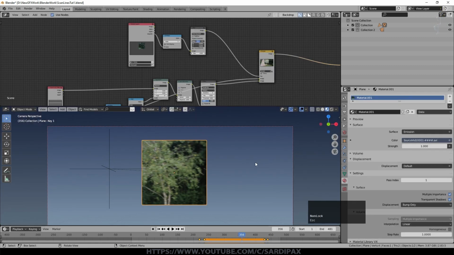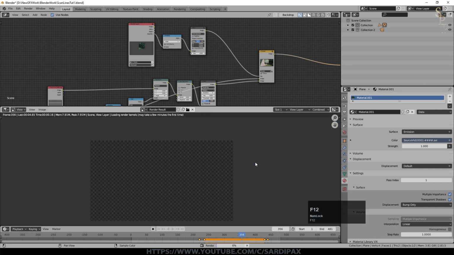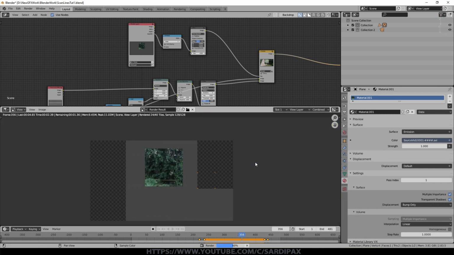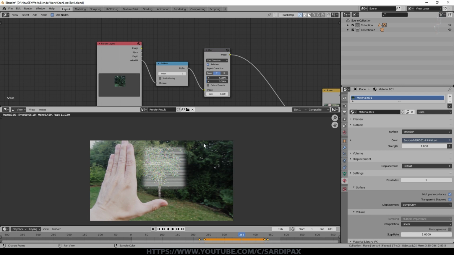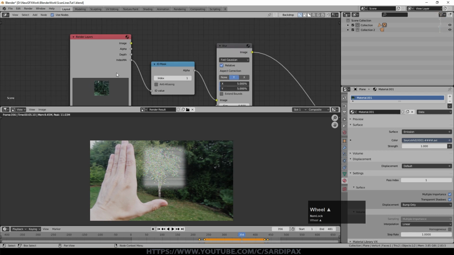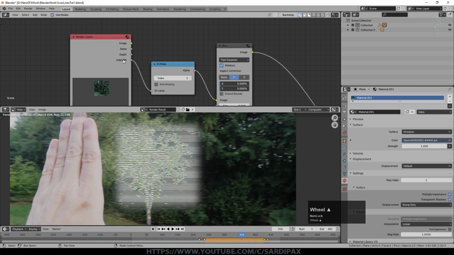You'll see a slight bug as it renders. Another one to add to the list for 283, that it seems to only render the first frame as the material for the object, but we're not actually using that material, so it doesn't matter. We're only using the index for that material. It's just not refreshing from the first frame for some reason. Just another little bug, but fortunately we're not using that, so it's fine.